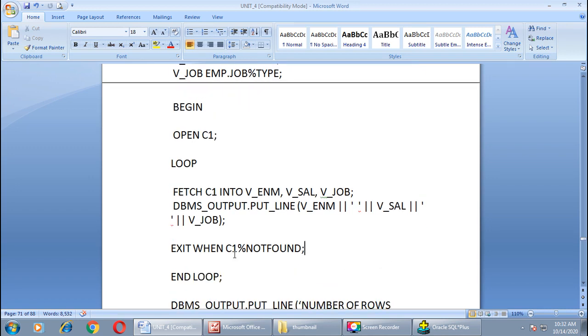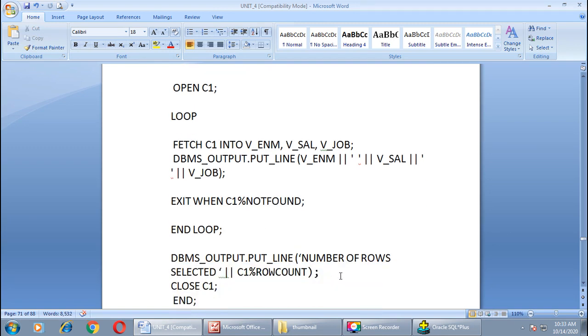Okay, so when not found attribute will return true. In that case we will come out from this loop. End of the loop. Outside the loop we want to print the number of rows selected by the select into statement. That we can do with the help of attribute row count.